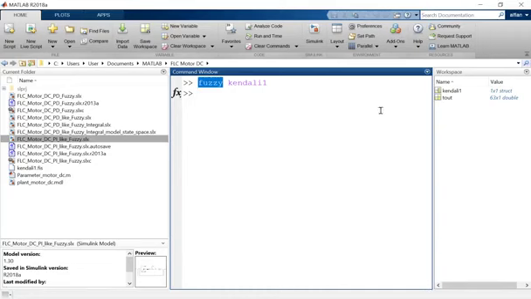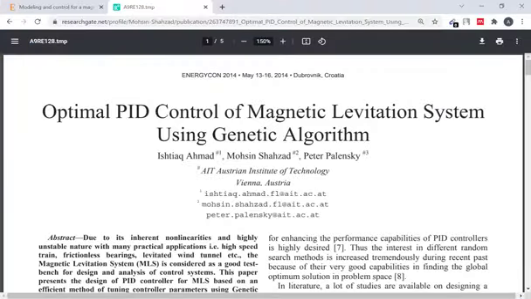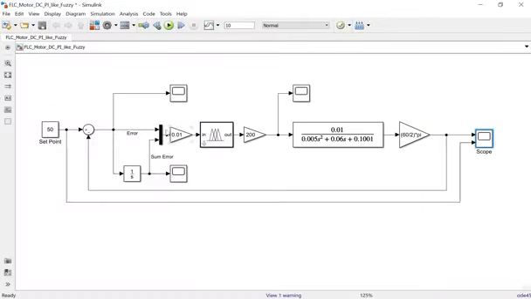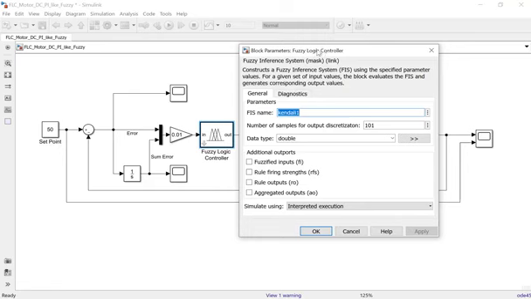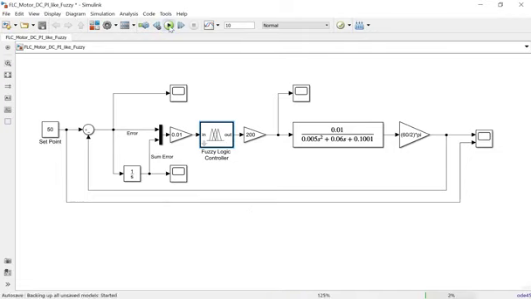Then in the workspace, there is the fuzzy logic controller here, in the variable kendali one. Then you need to add the fuzzy logic name here, and okay, and we can play the simulation here.